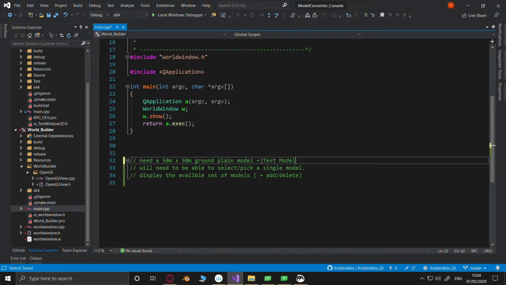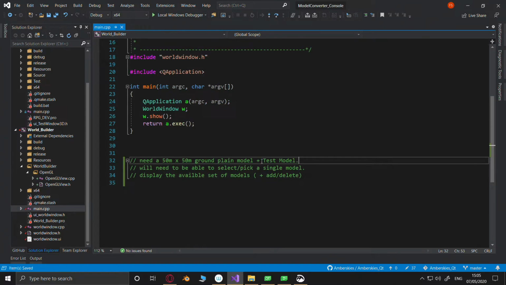And that will then enable us to write the game, because that will be our first map. I said we're going to keep it simple to start off with, and I meant it. Our first map will be the test model. And when you see the test model, you'll understand why. And from that, we're going to build everything else. Okay.